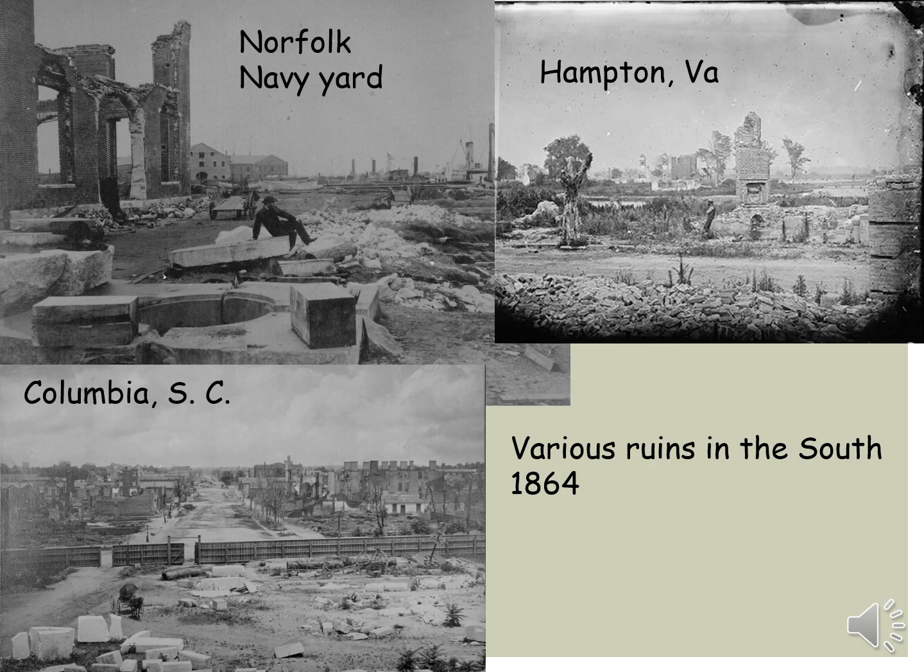Let's go counterclockwise here. Take a look at Norfolk Navy Yard. For those of you who don't know, obviously a Navy Yard, they build ships there. And based on what you can see, is it possible to build a ship in that area? No, it's all ruins. The warehouses in the background, they're just burned out husks. There's nothing there. You can't use any of that to actually build a ship. It'll have to be completely rebuilt. Norfolk, for those of you who don't know, is actually in Virginia. It's on the coastline of Virginia.